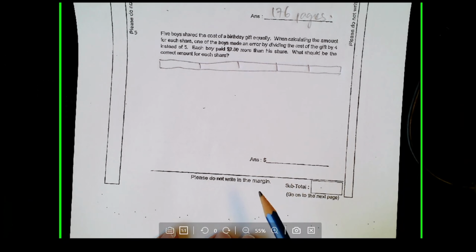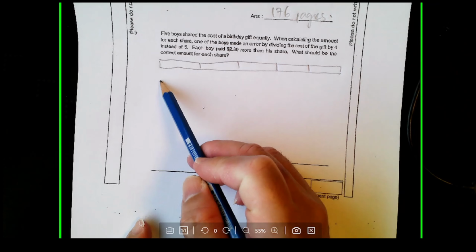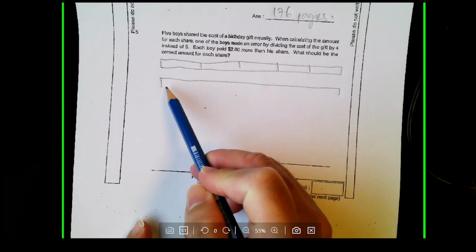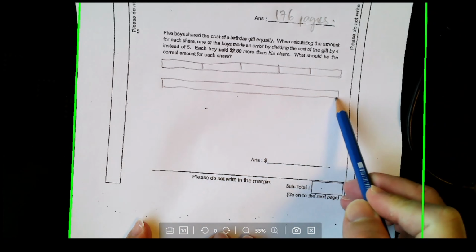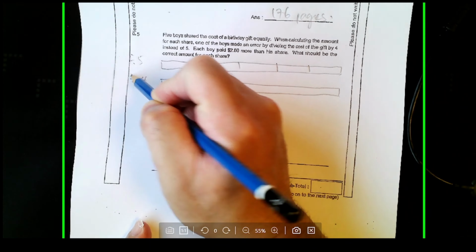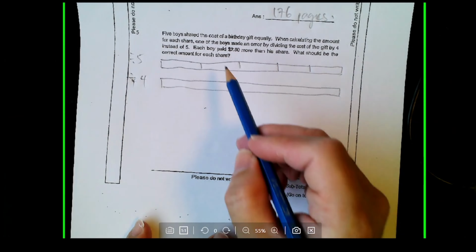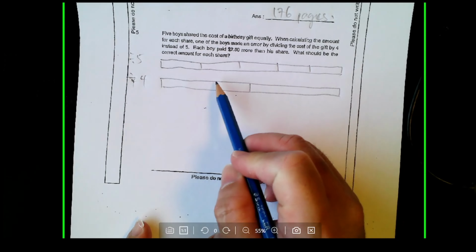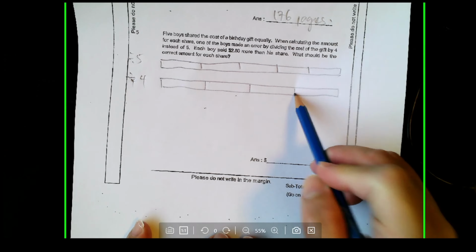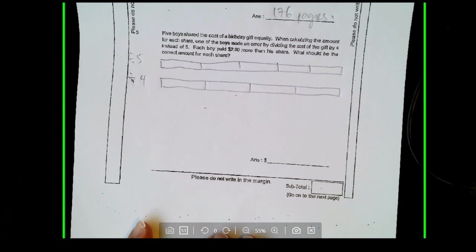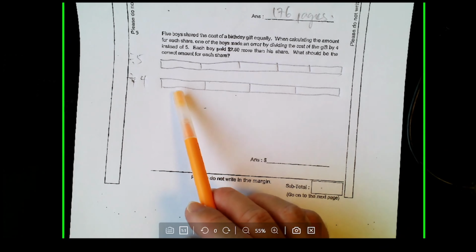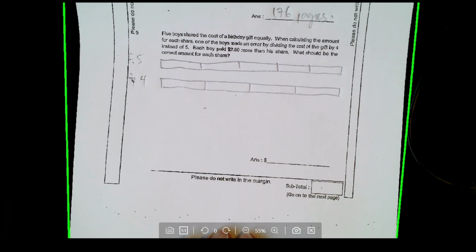But instead, they divided by 4. Divided by 4. This is divided by 5. This is divided by 4. Can you see? Because they divided by 4, each boy ended up paying $2.80